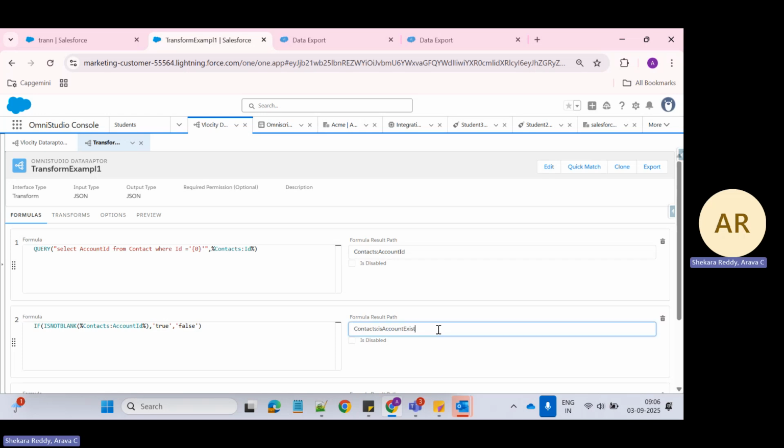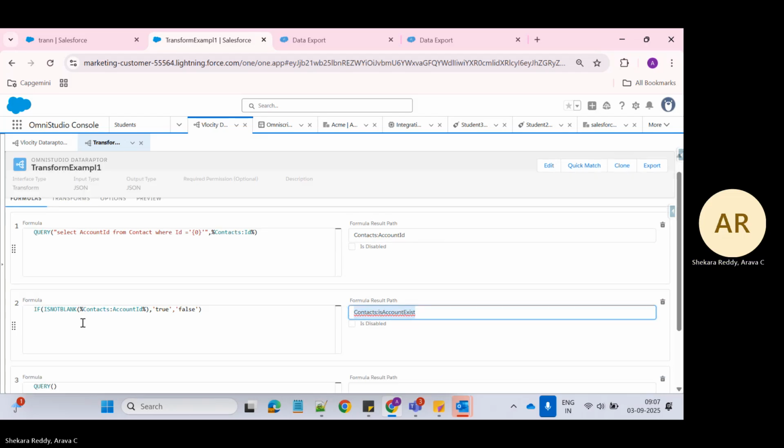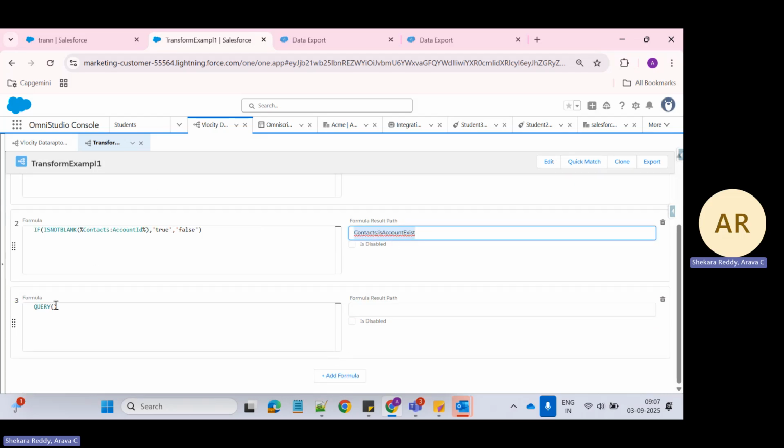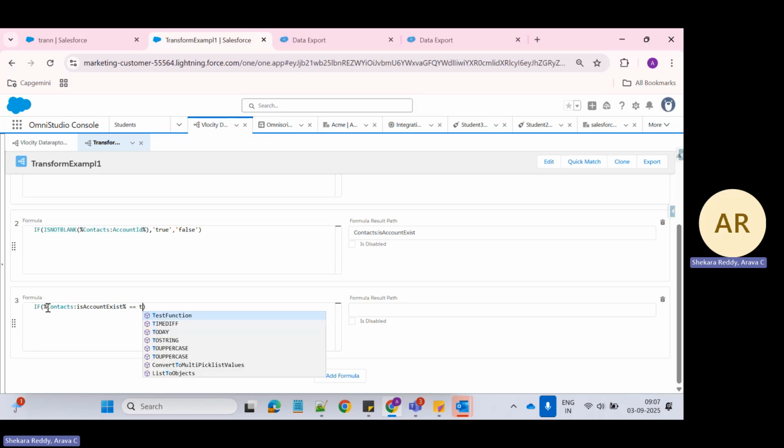If account exist is equal to true, that means account ID is there. Now I can, whenever account exist is equal to true. So here instead of query, you need to use if condition here. If contacts colon account exist, account exist equal to true,